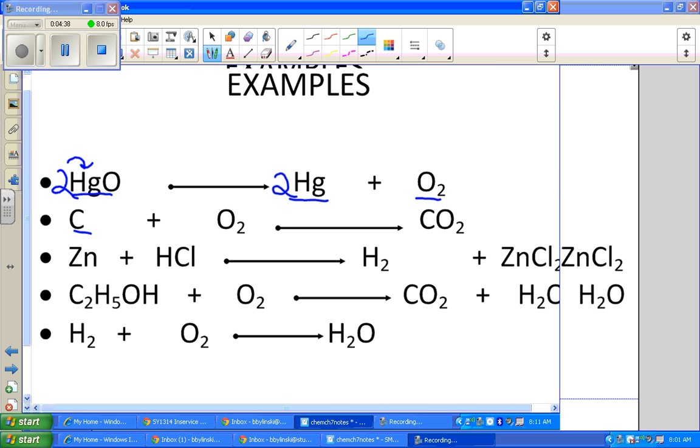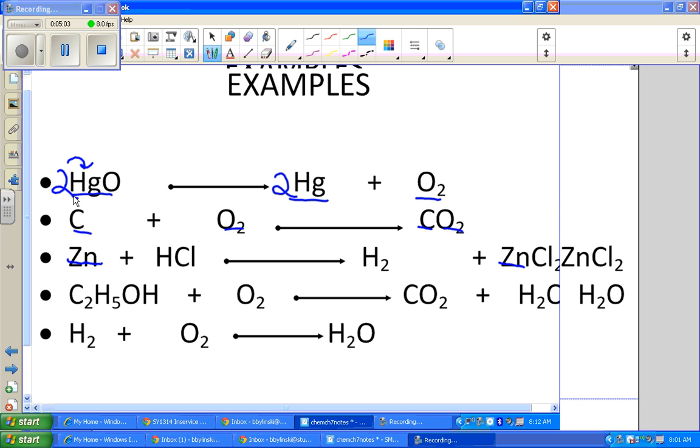Next one, carbon, carbon, balanced. O2, O2, balanced. This one is done. You don't need to add anything, and don't expect too many of these. They're too easy, but sometimes they will be balanced. Okay, you don't need to put ones, nothing. It's finished. Next one, Zn, Zn,